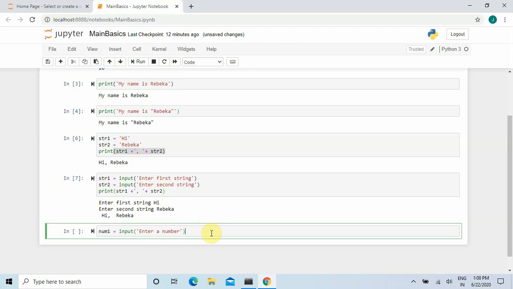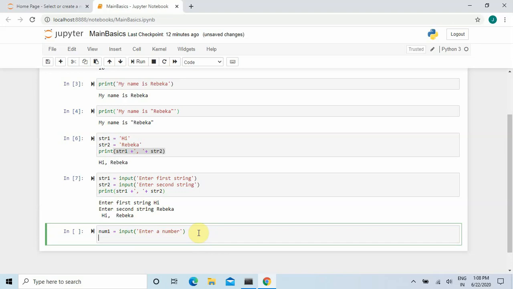Now remember one thing, that this input function in Python takes the default input as string. So suppose num1 is equal to input, enter a number, and if you want to show the type of num1, it will output what type of value is inputted to the num1 variable.